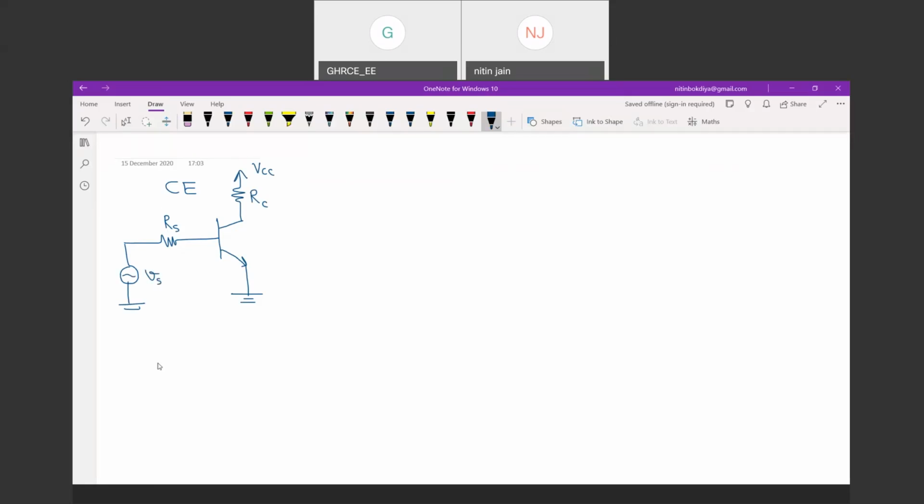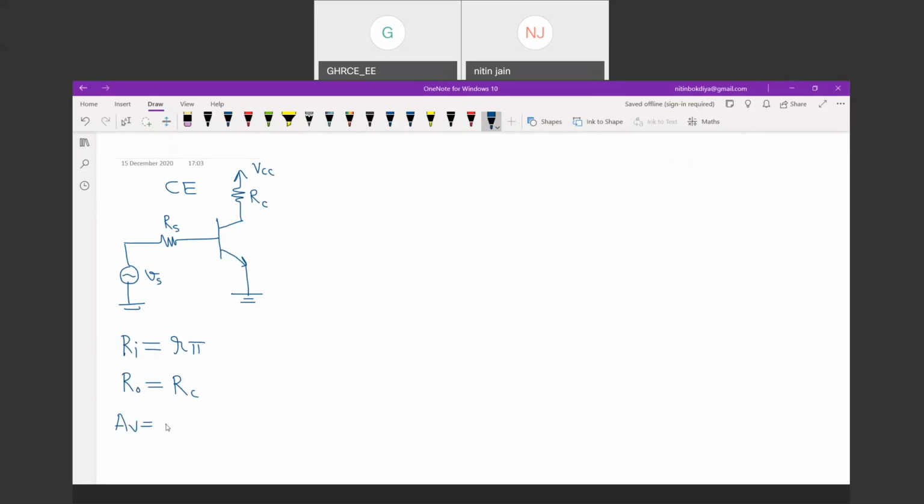हमने क्या देखा था यहाँ? We have lot of points. मैंने आपको बताया था कि input resistance of this amplifier is equivalent to R pi. Input resistance कितना था इसका? R pi. What is output resistance of this amplifier? Output resistance is equivalent to RC. है ना? Keep this thing in mind. So we are having input resistance, output resistance. Then what we can say? The voltage gain of this amplifier